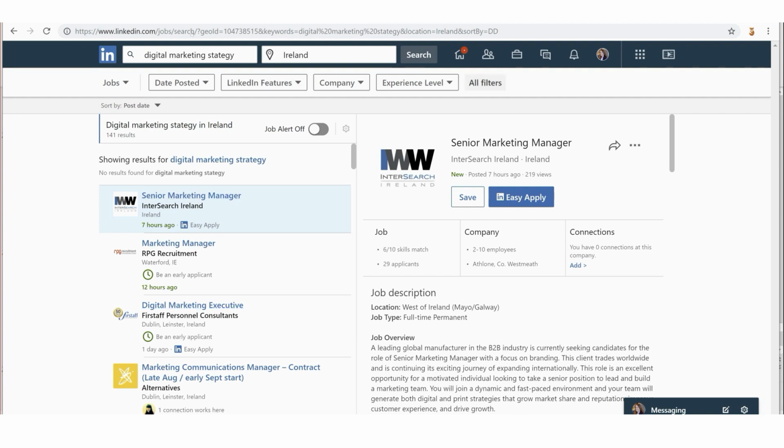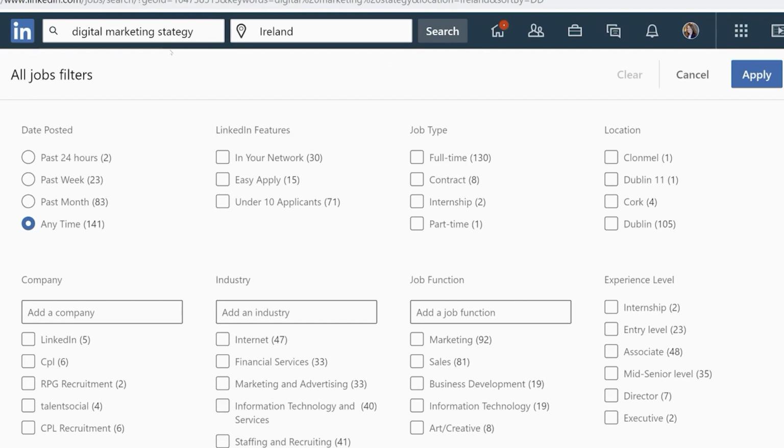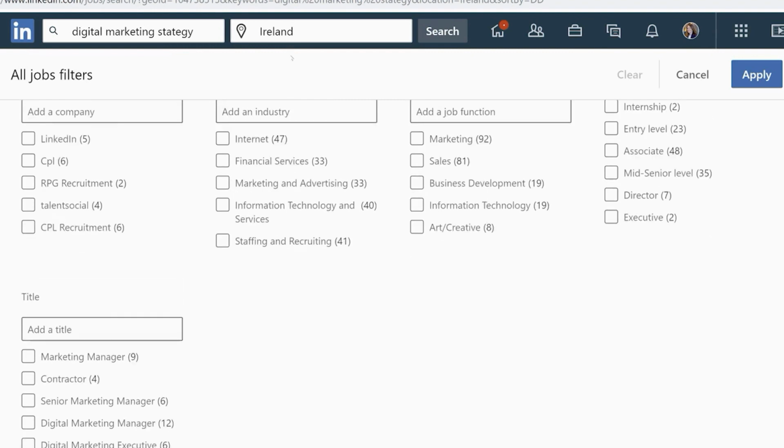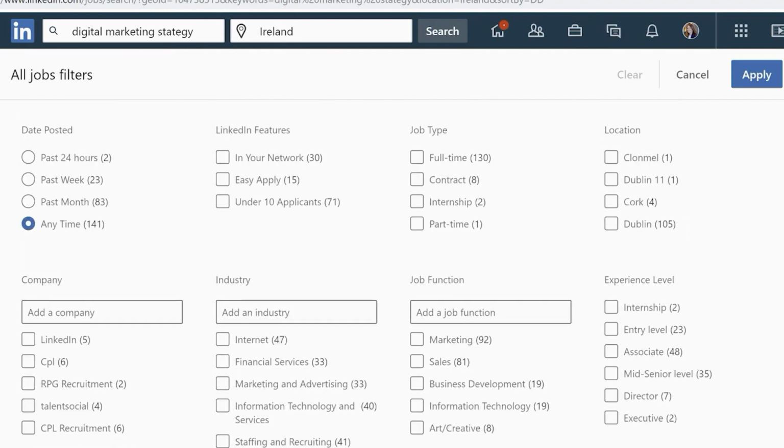Now if you go over here to All filters, if you've done the people searching, you'll recognize this. We have All filters up here, and you'd almost miss it because it blends into the background. So I always use the All filters button. And when we expand on that, can you see all the options that we get under this button? It's incredible. So I think one of the most important ones is date posted. You can refine by past 24 hours, past week. I might do the past month, let's say.